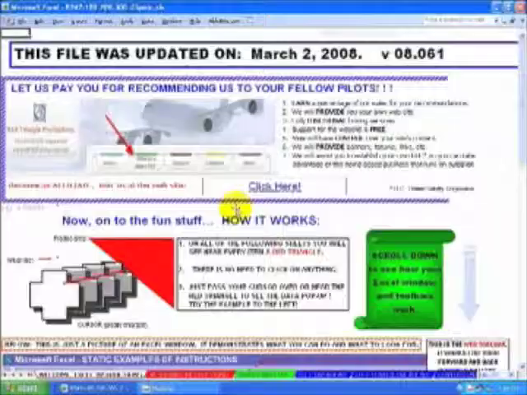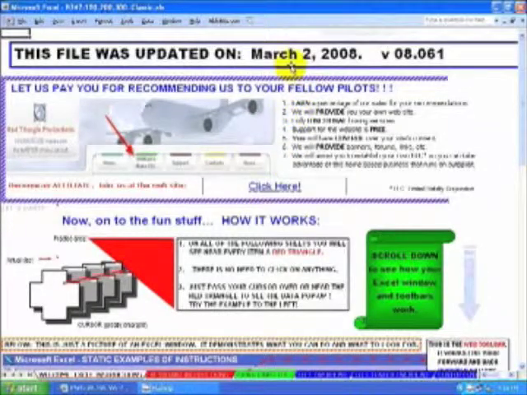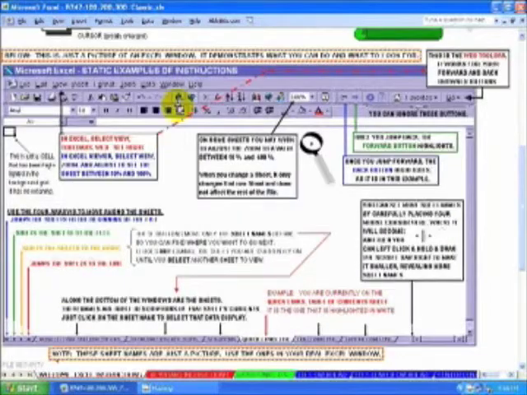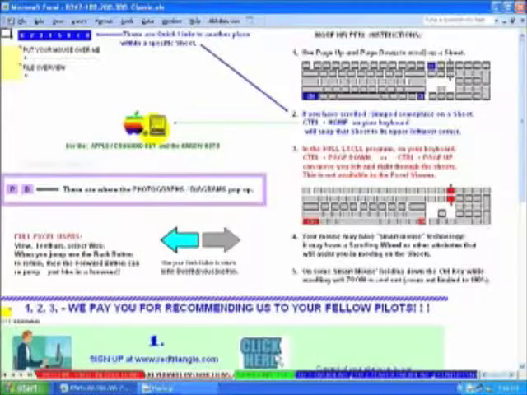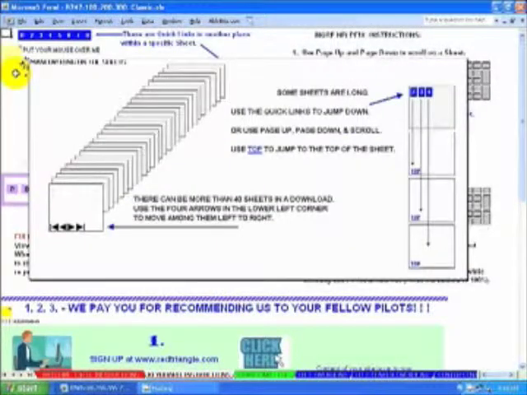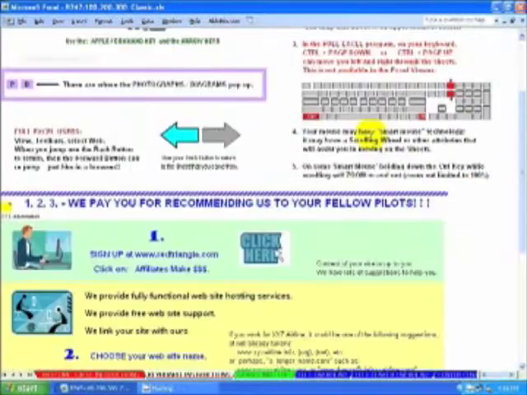At the front of the file is a welcome sheet with version information and a picture of an Excel window so you can see the kinds of things you can do in the Excel platform. And keyboard instructions. Very simple things to do with an overview of the file. And if you